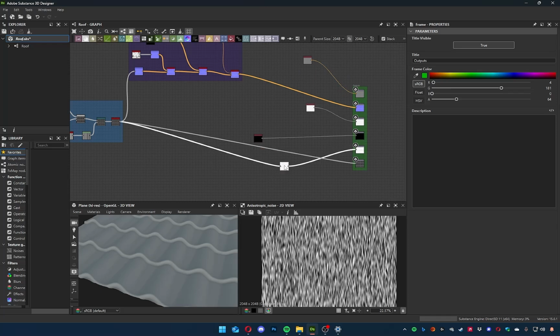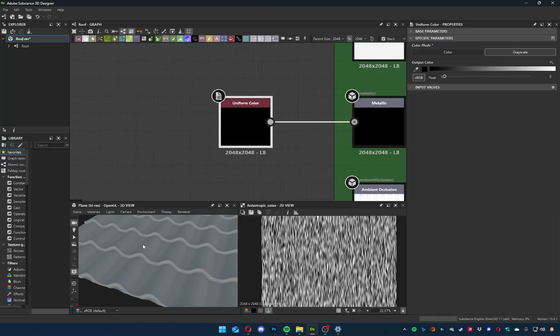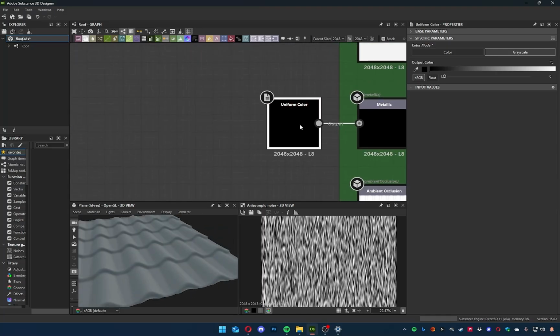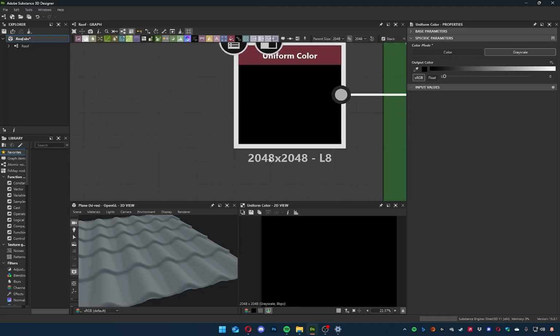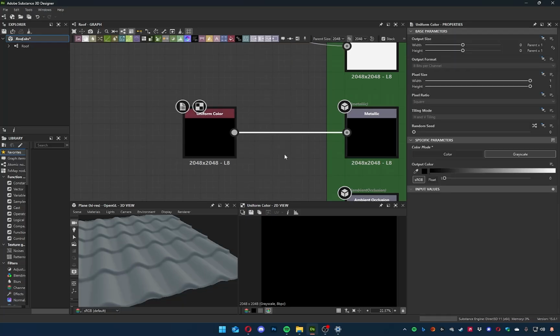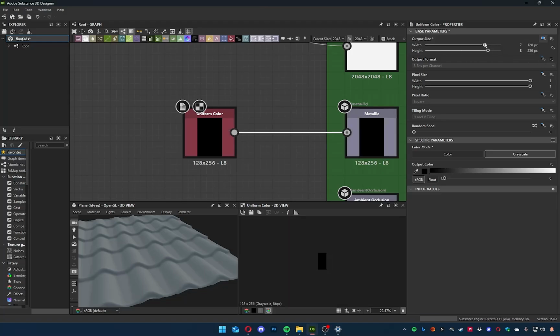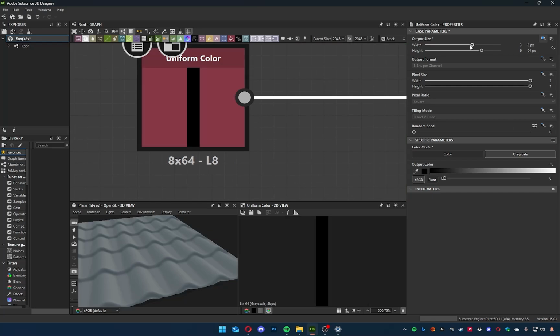So next thing is probably, ask yourself when it comes to metallicness, is this metal? No, so just don't do it. Could even go as far as saying that 2K is a bit much. What I tend to do is just come over to the base parameters here and say output size absolute, and then no, absolutely not, man. Just lower this down to 64 pixels. So now, because why would you render more than this? You could even go as